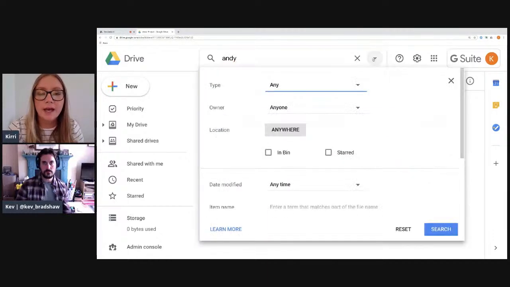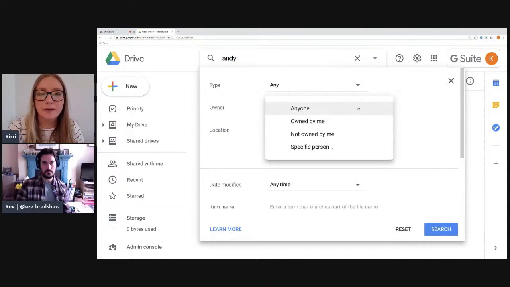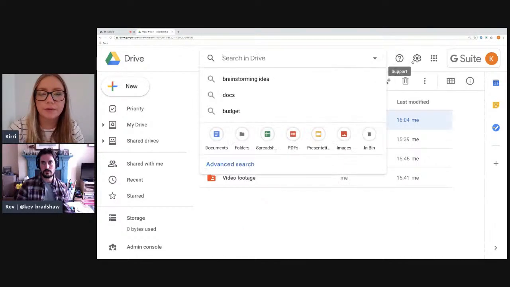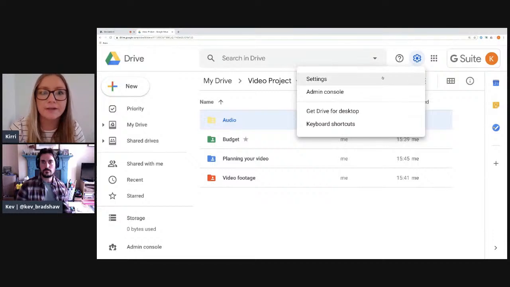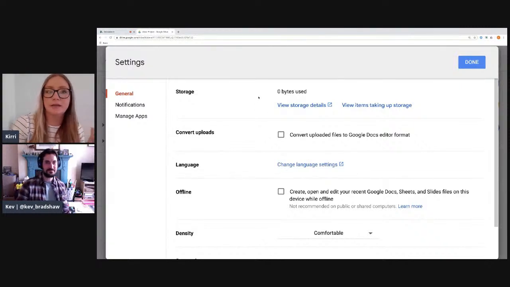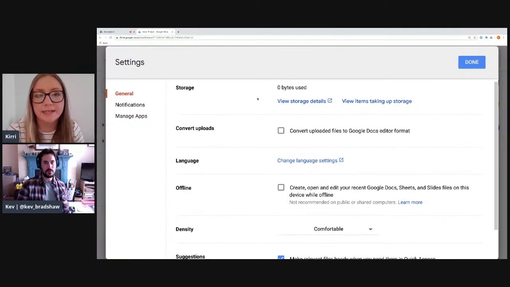Another quick tip from me, and I probably will wrap up after that, is the little settings cog in the top right hand corner of your Google Drive. Head into there for me, Kev. I'm working off a Chromebook today, so this doesn't necessarily matter for me.